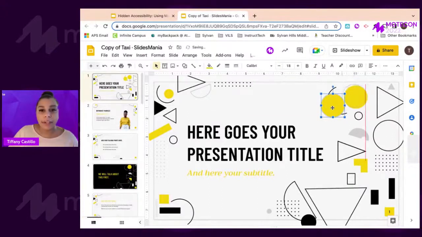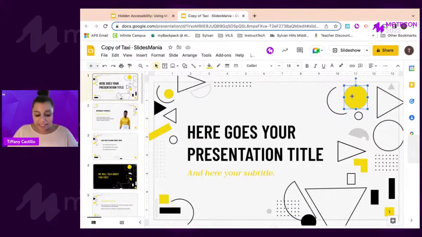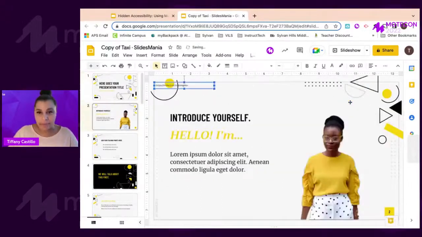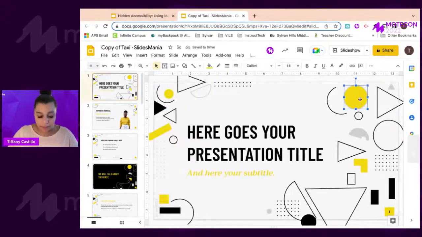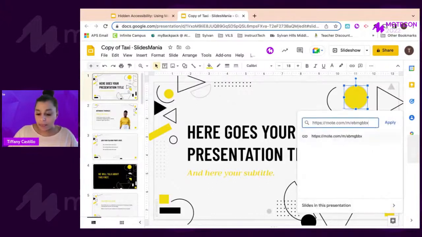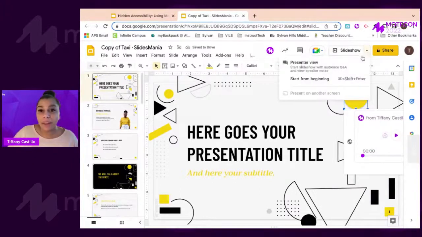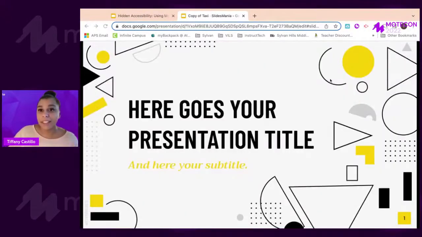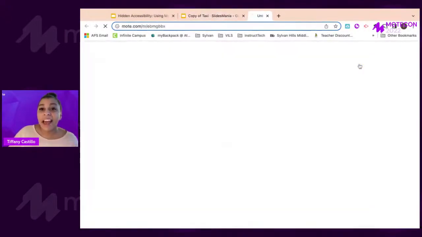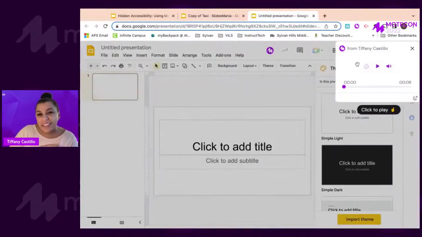Now you see the circle's here and I can move it around and I can play with it. The other thing that I can do in my beautiful Slides Mania template is, you guessed it, I can hyperlink that Mote. Uh-oh, went down a little too far. Let's try again. There we go. And so now in my beautiful Slides Mania template that I didn't have to spend hours and hours creating because I don't need to reinvent the wheel, my students, again, have access to that additional information that